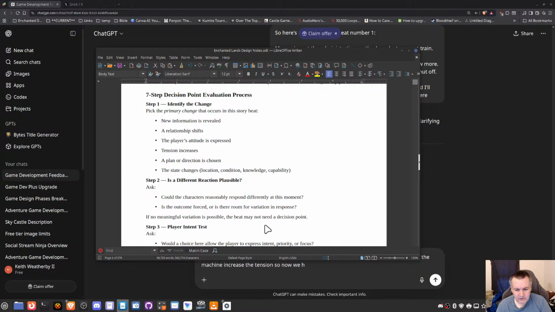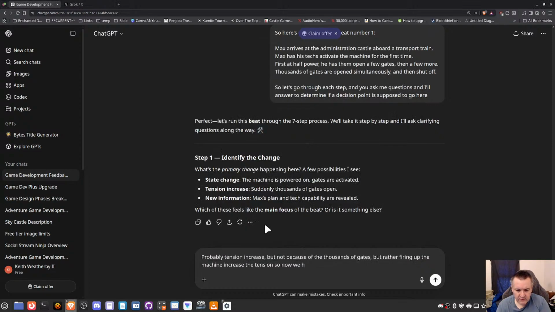Location, condition, knowledge, or capability. State change. It is a state change. Probably a state change.